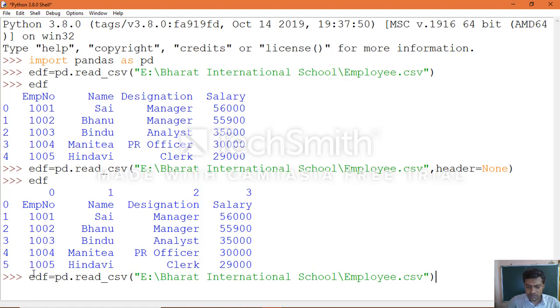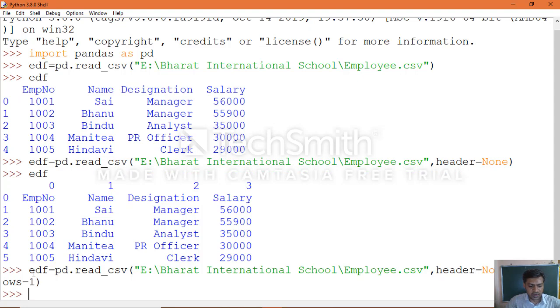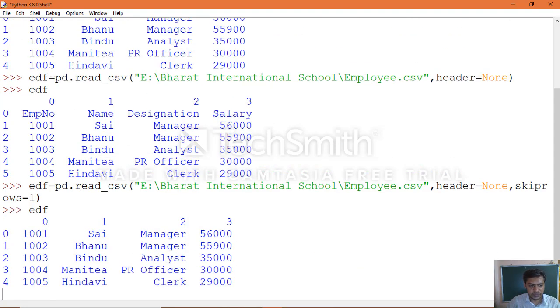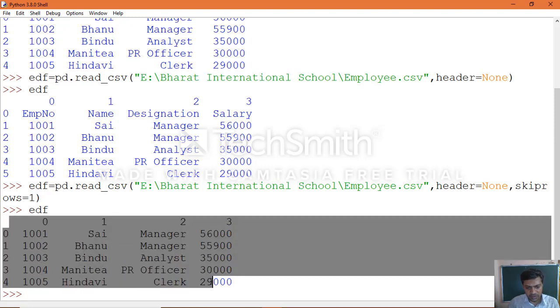You can use header equal to none, comma, skiprows equal to 1. Now execute it, print the data frame object. Now you can see clearly the way you can make use of the default column headings.